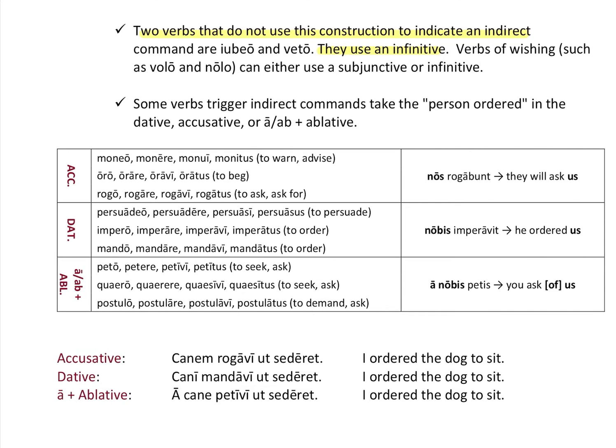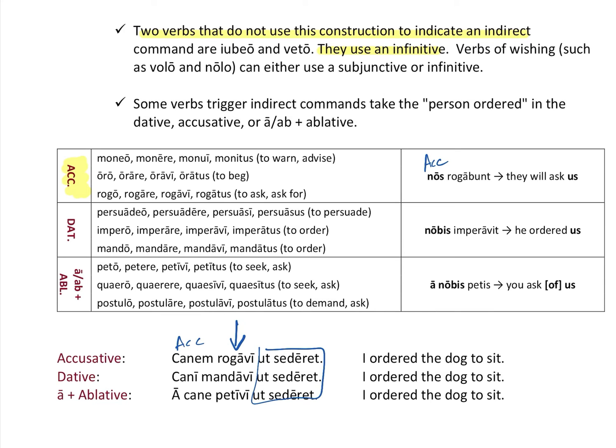the ablative. So these verbs right here, moneo, monere, monui, monitus, oro, orare, oravi, oratus, rogo, rogare, rogavi, rogatus, those take the accusative. They will ask us, and here we go in the accusative. Okay, so here's an example. Canem rogavi ut sederet. I ordered the dog to sit, right? They would take, here we go, we need to take the accusative. So ut sederet stays the same. I'm giving you three different words to order here, rogavi, mandavi, and petivi, just to show you three different ones